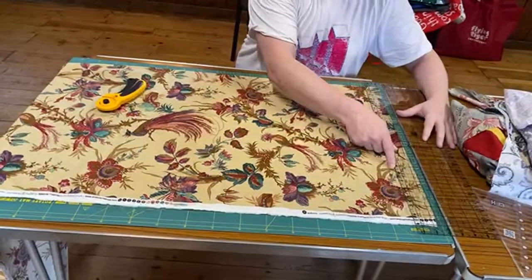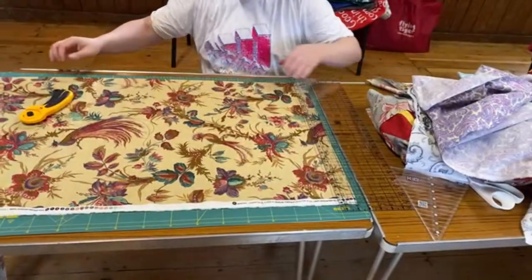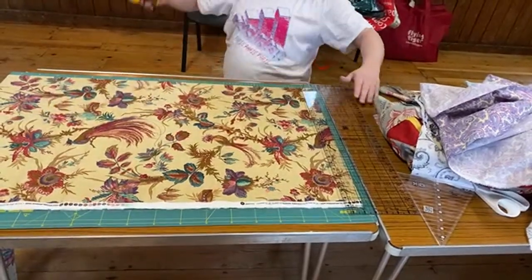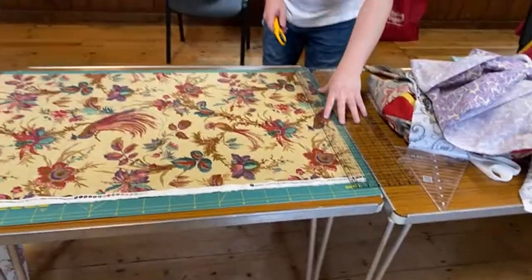So we are not going to be fussy on this. We are going to line this up as straight as we dare, and we're going to take a very small...